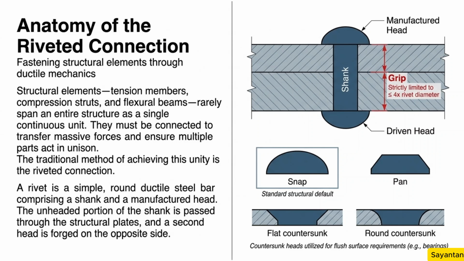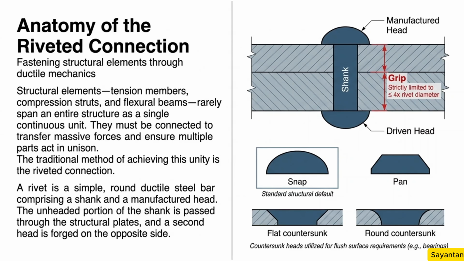Structural members such as tension members, compression struts, and flexural beams cannot practically span entire structures as unified continuous components. Consequently, structural continuity depends on mechanically joining these elements to ensure effective force transfer across interfaces. The fundamental fastener used in traditional steel construction is the rivet, a ductile steel bar consisting of a cylindrical shank